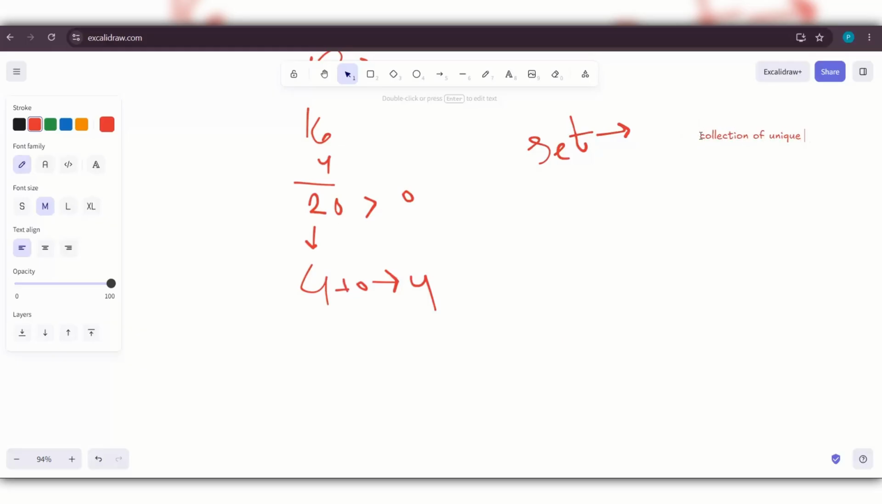Collection of unique values. Unique means one time only appears. The best example is our college ID number. Every student has a unique ID number. Two students don't contain the same ID number. Okay, so set in Java,